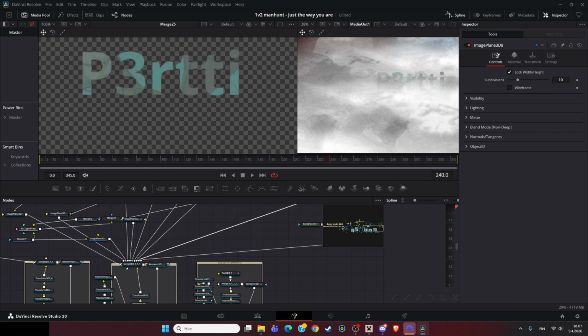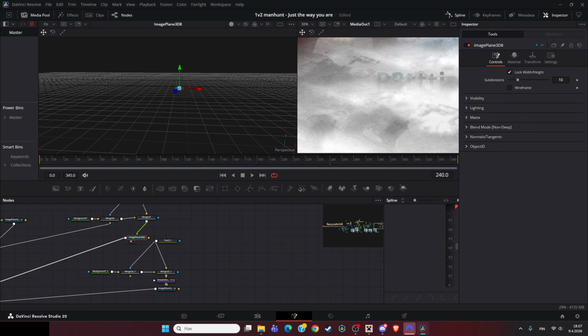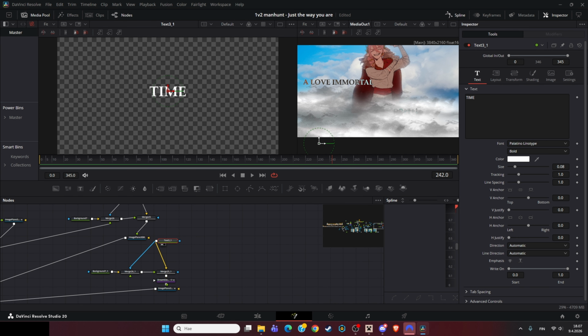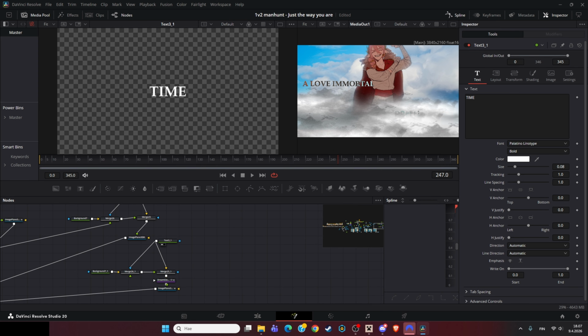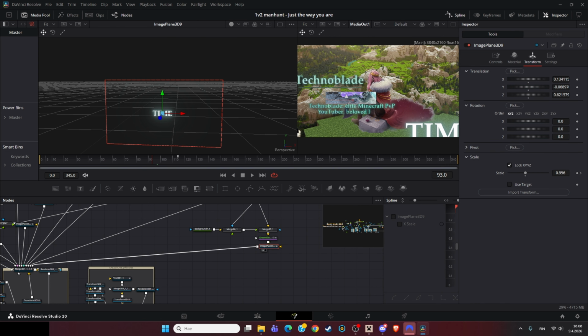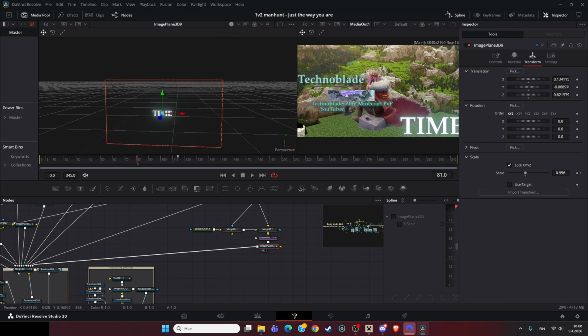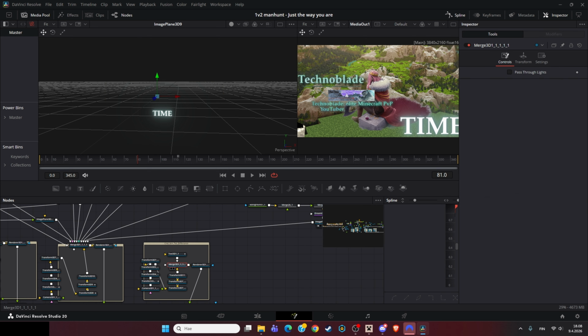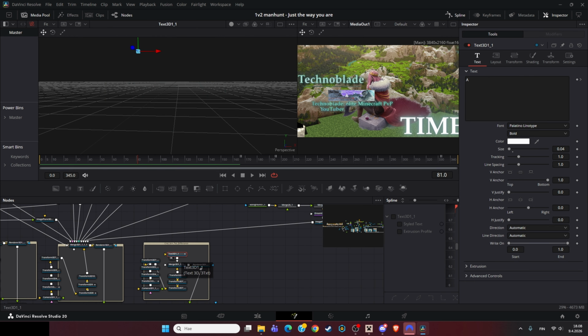But yeah, then I just put it into the 3D space again. Pretty simple stuff. Then this is for the text. Oh, so I guess this actually belonged to the first scene, and I put it here for some reason. I have no idea what I was doing, but anyway, then I just put all of the camera movements into